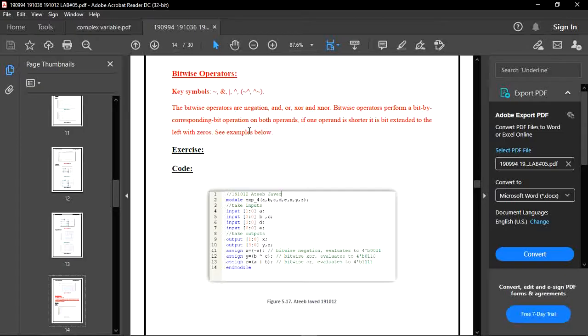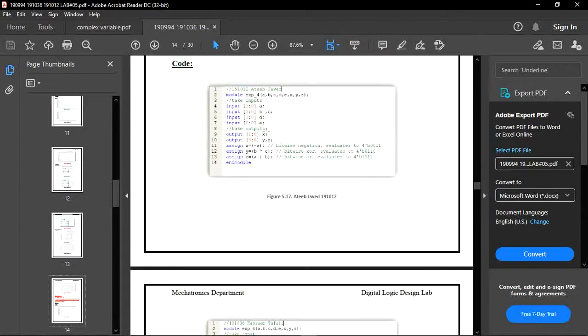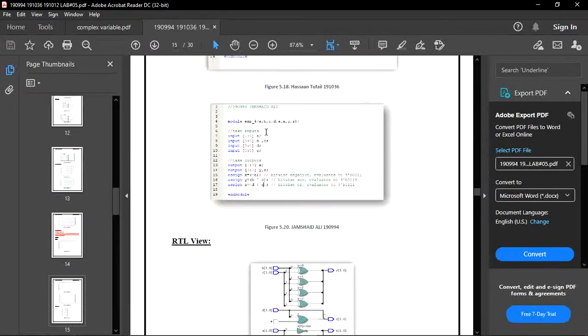So you can see this is our Quartus code, which I wrote for the given exercise. We have to perform all the exercises given in lab 5 by our Quartus code. So this is the final Quartus code which I performed in Quartus. First of all, we have to declare all the inputs and outputs as in previous cases, and then we give the inputs different sizes.